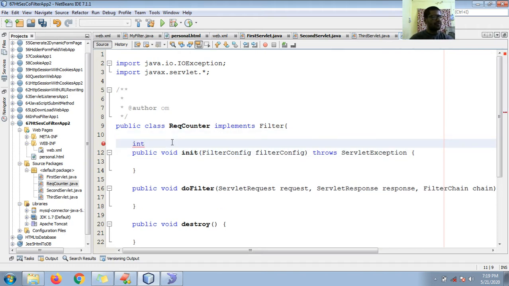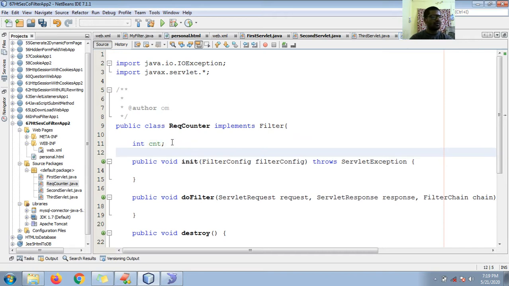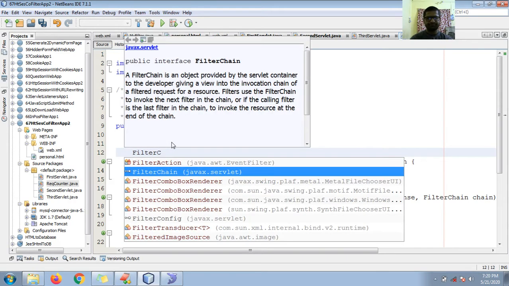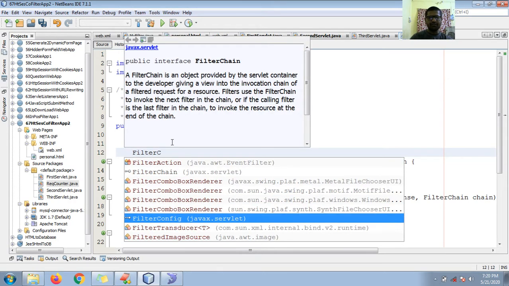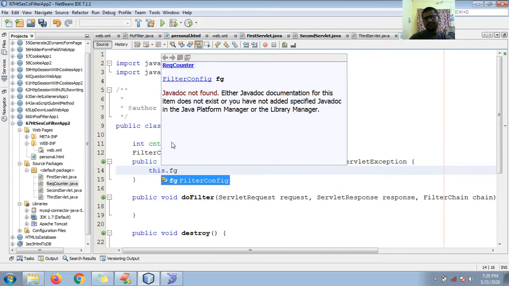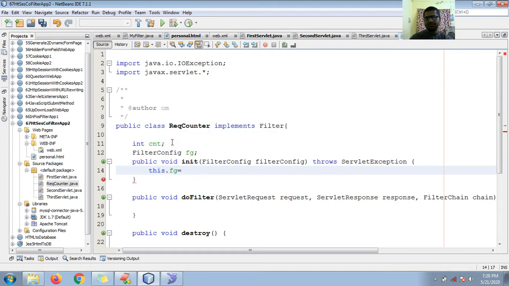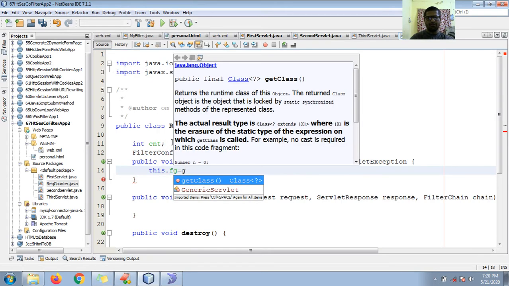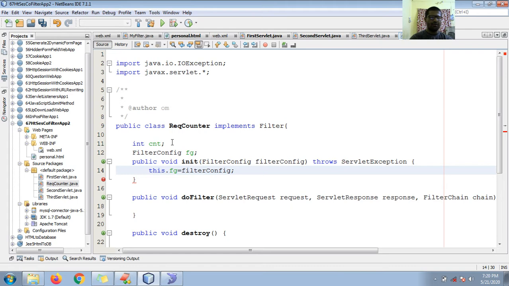So I need the counter. I need a filter config object, so fg. Let me initialize this.fg to filter config. Here I initialize.